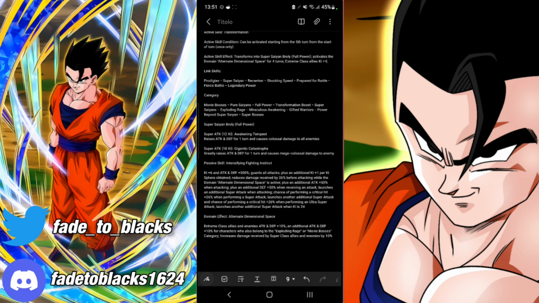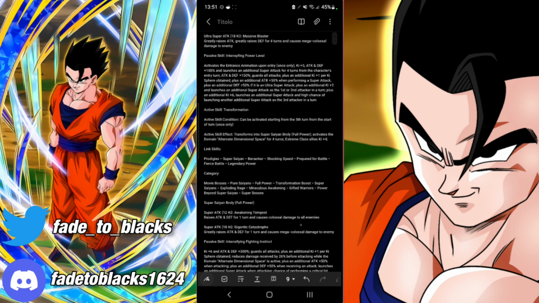And this is not like some 5-7 million attack stats. These are like the 18 ki at like 26-27 million. And then you have the 12 ki, which is at like 19 and 20 million. And he has the crit chance, and he's guarding, and he has like 1 million defense. I feel like